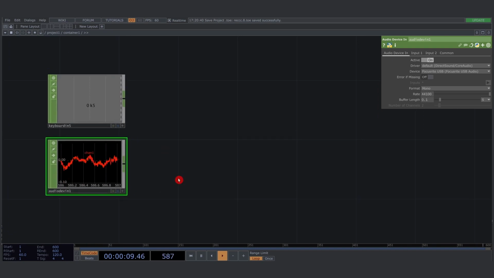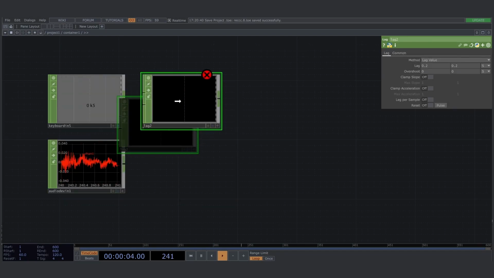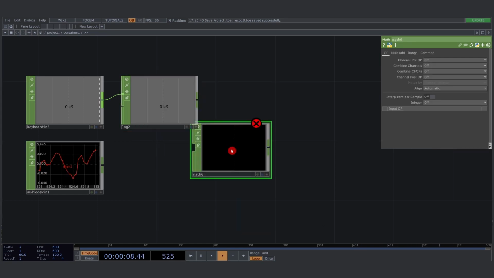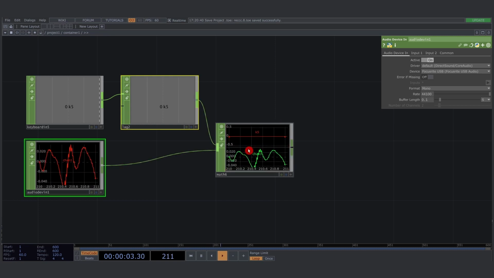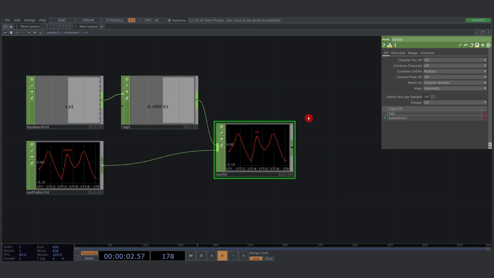And in order to avoid clicks in the recording by instantaneously starting the recording, I will actually add in a lag as well, so that this lag can be used to multiply, using a math, this audio. So you will see what's happening next. Combine chops and multiply. So when I hit the 5 key, the audio will gradually fade in and gradually fade out,